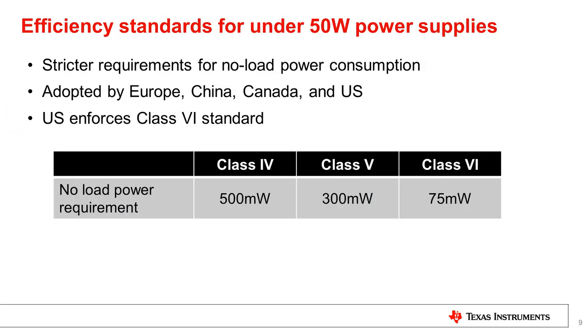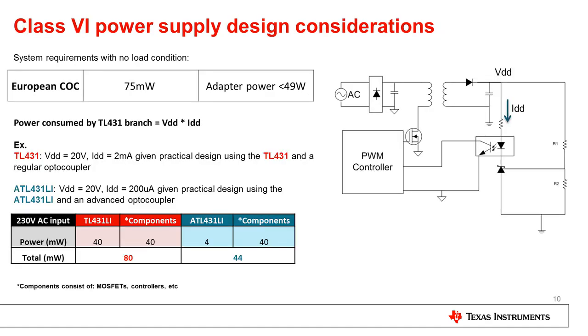In addition to accuracy requirements, designers need to also take into account regulatory standards such as no load power consumption. Since 2004, countries and regions are requiring stricter rules for no load power consumption to account for the many power adapters and appliances left plugged in even when not in use. Even though the US is the only governing body to enforce Level 6 standards, many power supply manufacturers are adjusting their designs to meet this requirement to ensure universally compliant devices.